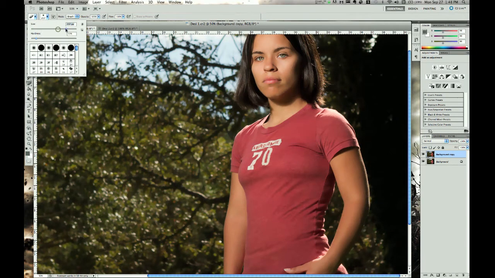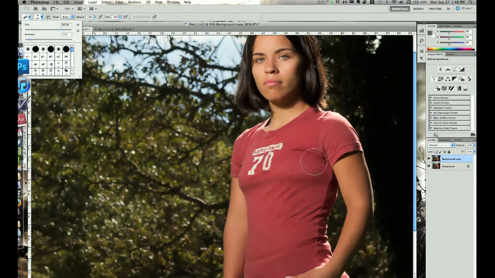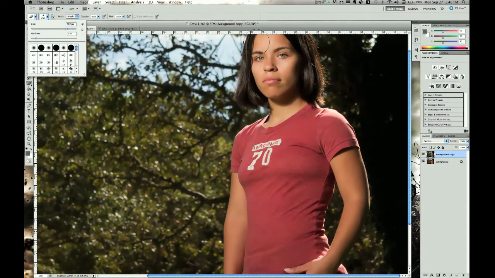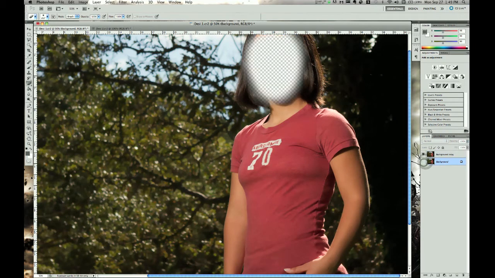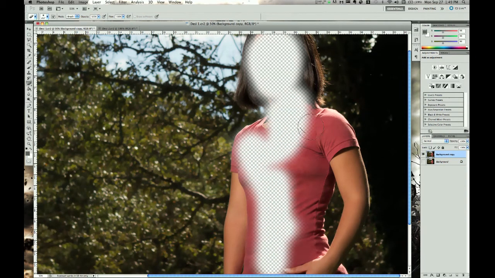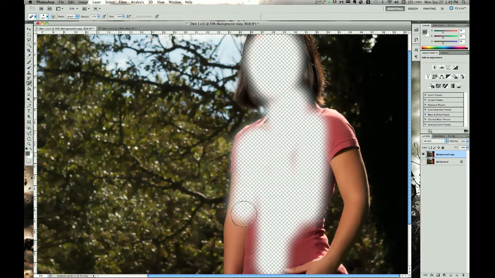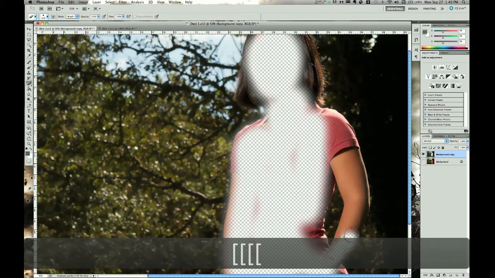I'm going to use the eraser tool now, and as you can see, it's pretty large, and I'm going to bring the hardness down to like 10 or 11%, and I'm going to make sure I'm on the top layer. This is the layer that we applied the blur to, and I'm going to start erasing that layer. And what this is going to do, if you can see where we erase, is allow the layer below to come through so that she will not be blurred, only the background will be blurred. So we're going to just gently erase, I'm going to make this smaller, gently erase